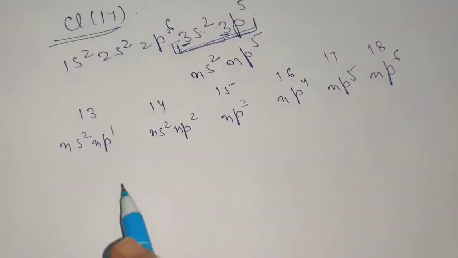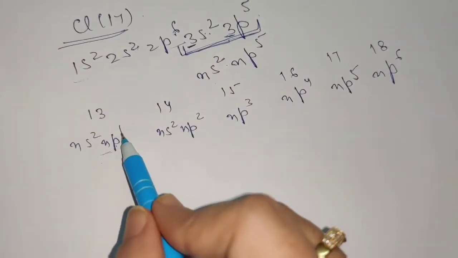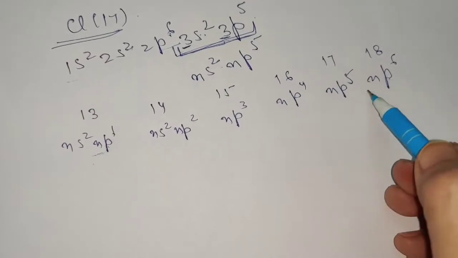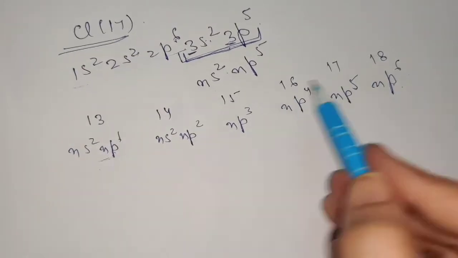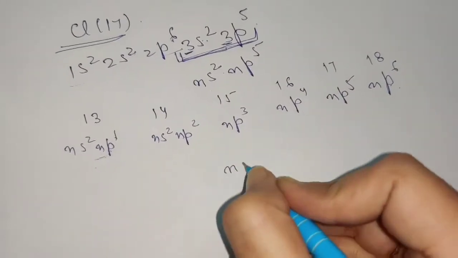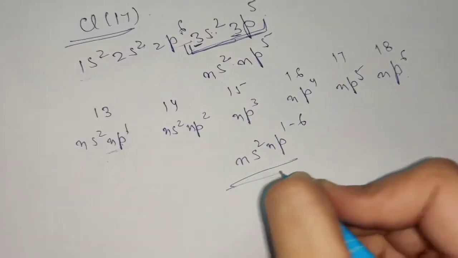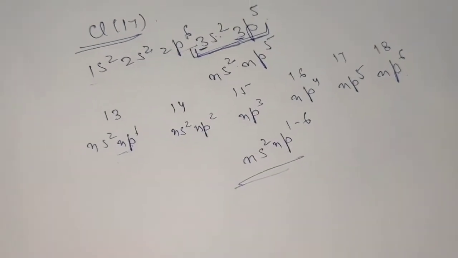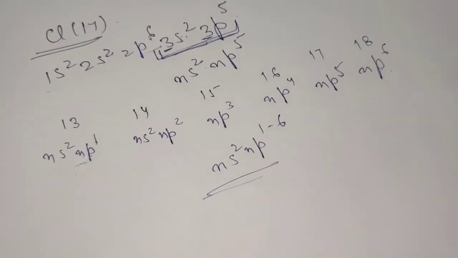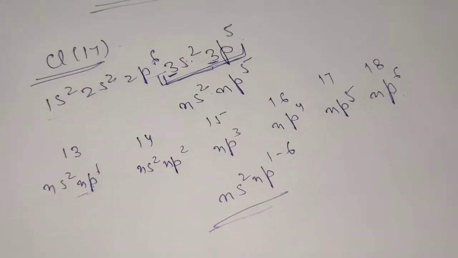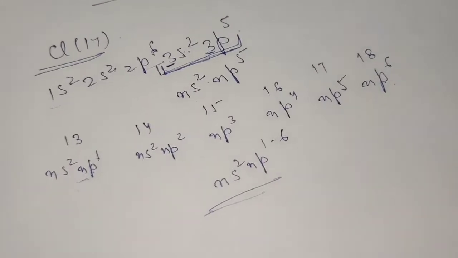So basically you can see that the minimum number of electrons which p can have is 1 and the maximum is 6, and it is accommodating all the 6 groups in it. So in general you can say ns2 np1 to 6. This is the general electronic configuration of P block elements. So it is very simple to remember. By simply knowing the concepts, you can write down the electronic configuration. There is nothing to learn about it.